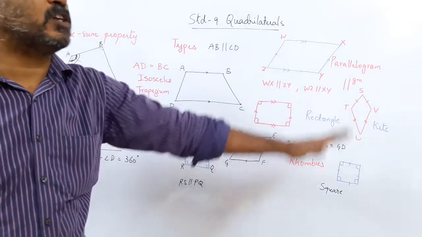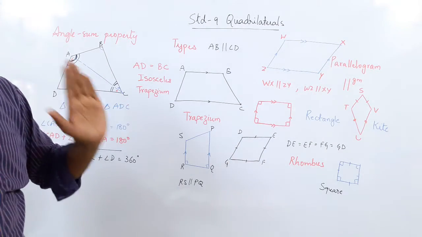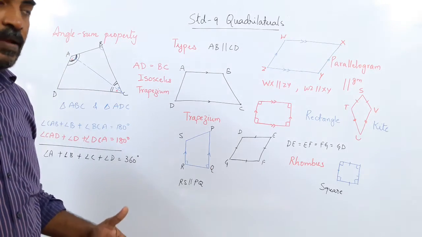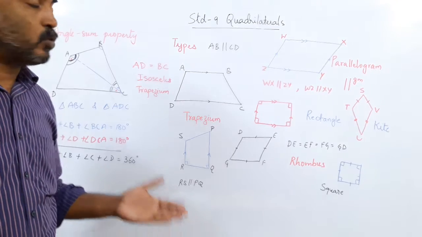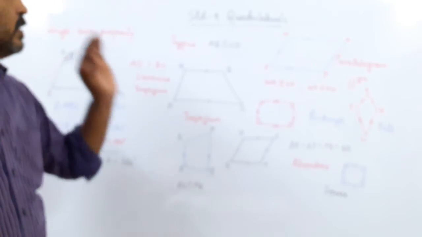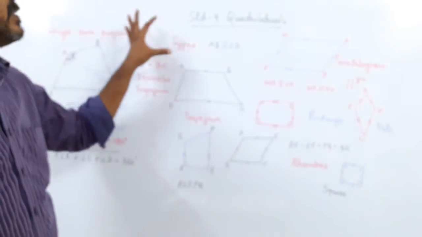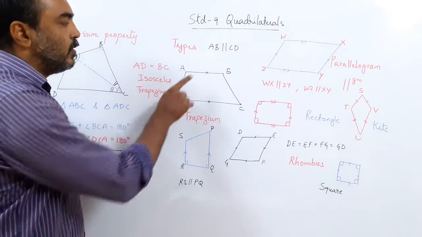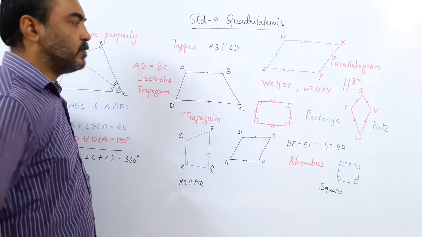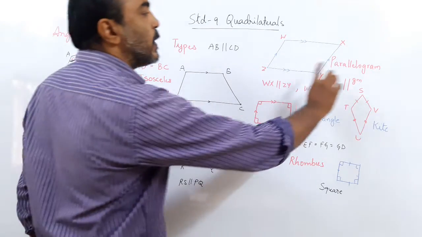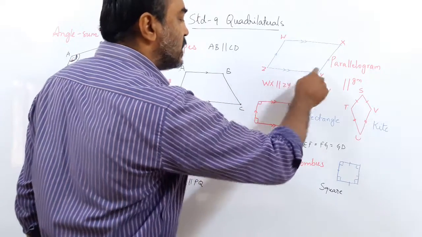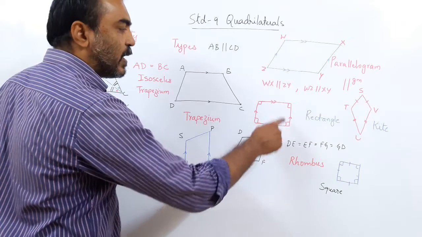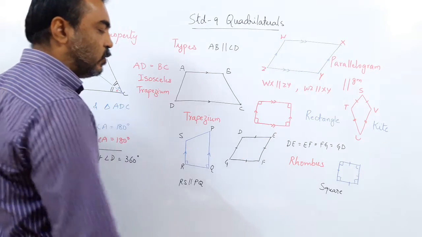Now all of these have got special properties, but the properties we are going to do later, because every one of them has got a list of properties which we will mathematically derive through our theorems and understand them. But just now only the types of quadrilateral. There are 6 types. Let us remember the name. When we use the word trapezium, means one pair of opposite sides is parallel. Okay? If you use the word parallelogram, both the opposite sides are parallel. If you use the word rectangle, both the opposite sides are parallel also, and every angle is equal.